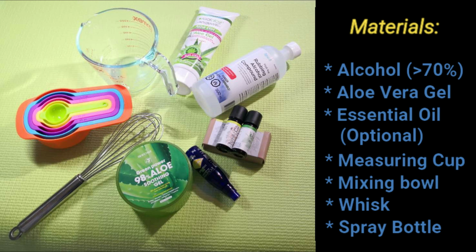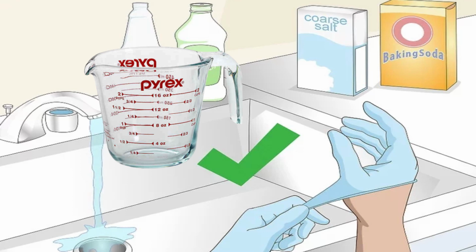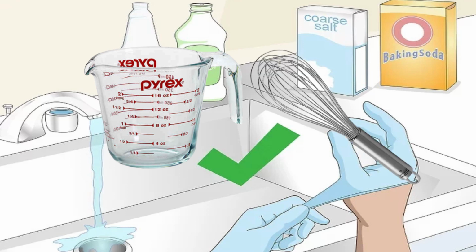We also need a measuring cup, a mixing bowl, a whisk, and a spray bottle. Today, I will be using a used facial toner spray bottle because I'm always environmentally friendly. Please make sure the mixing bowl and the whisk are clean, because any other contaminants or bacteria will severely affect